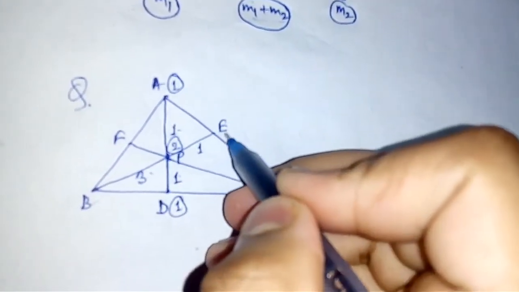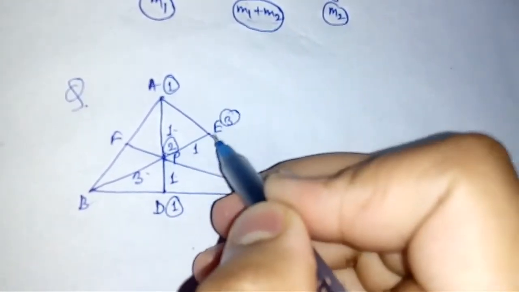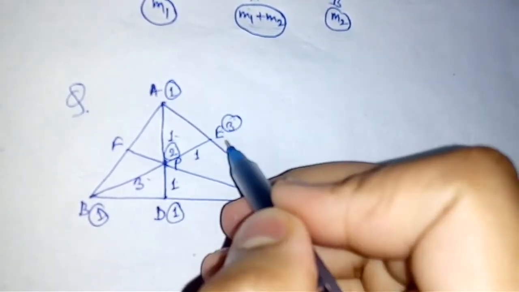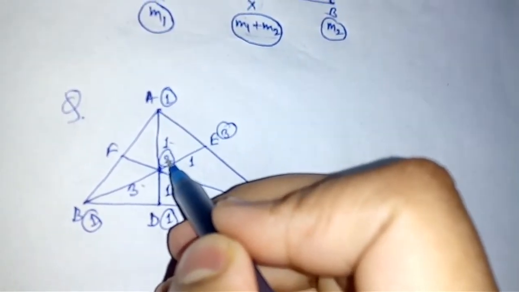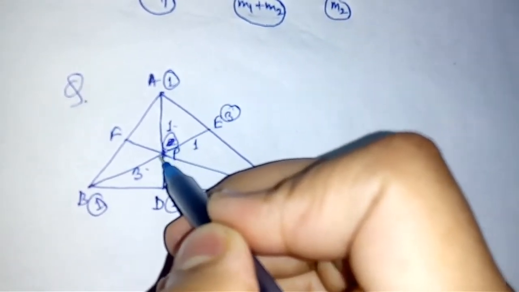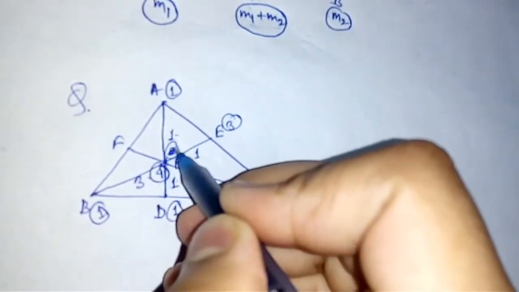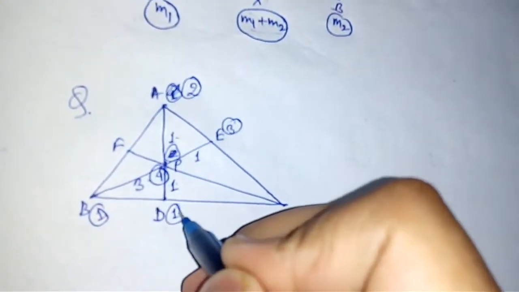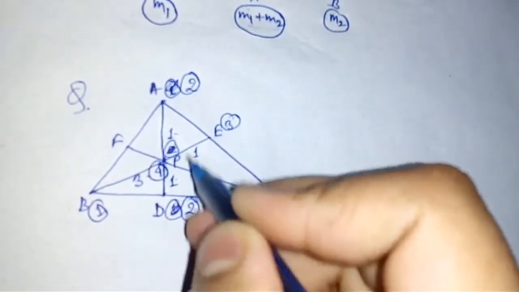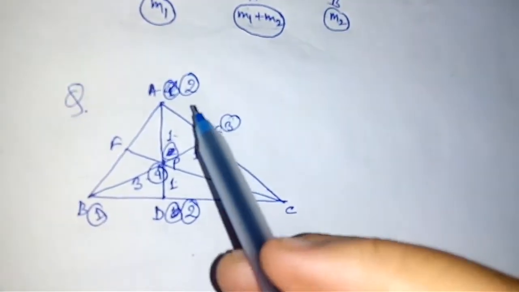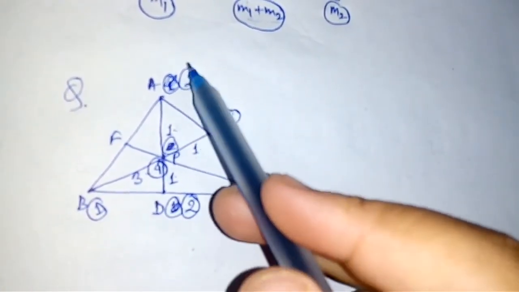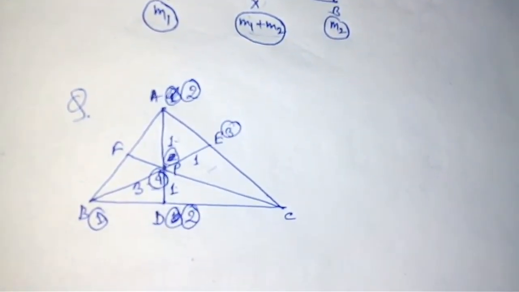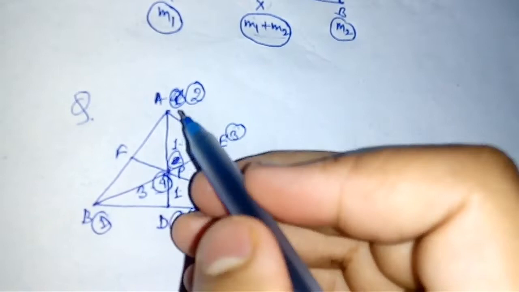Now say this point's weight must be 3, crossing it over. This point's weight must be 1, crossing it over. But see, 3 plus 1 is 4, so I have already taken it to be 2. If I want to take it to be 4, then I have to multiply this 2 by 2, 2 and 2. Notice that 2 plus 2 is 4, 3 plus 1 is also 4, and our condition is also satisfied that the ratio 2 by 2 is 1 by 1, and here it is 3, here it is 1. Now we can very easily calculate the ratios.